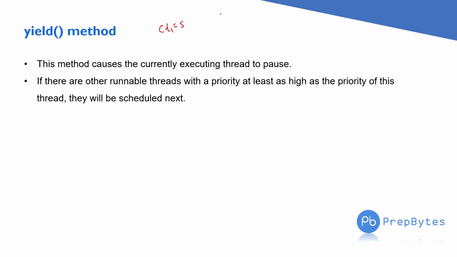And in my queue I also have ct2, ct3, and ct4. Okay, ct4, all these also have a current priority of 5. All these have a priority of 5. So if I use the yield method,